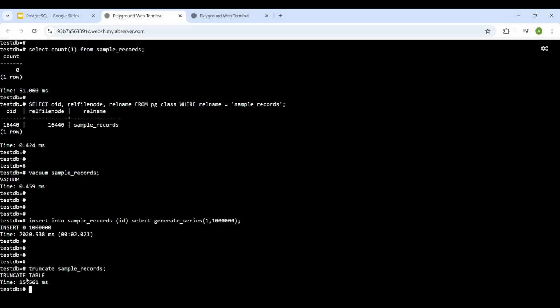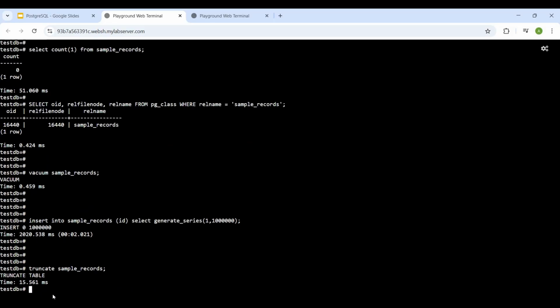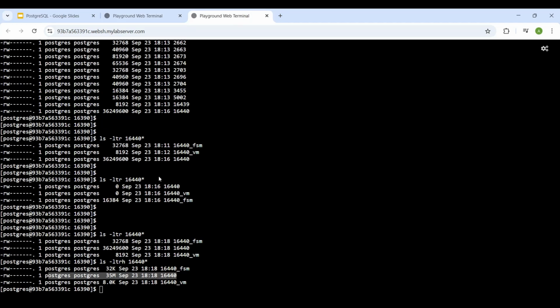So now I have truncated the table, and you can see that it only takes 15 milliseconds. But when we executed the delete, it took 984 milliseconds. It's way faster than delete. Now if I go to,